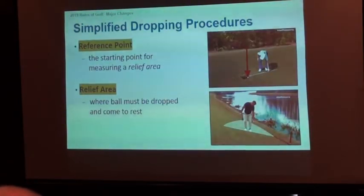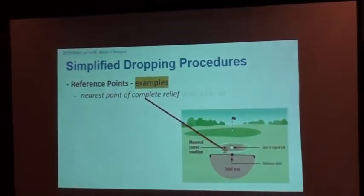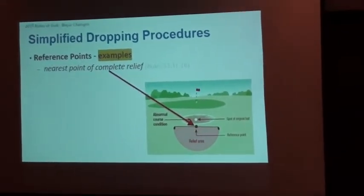Whenever we drop a ball, there's kind of 2 big things we have to figure out. One is what's our reference point, and then 2 is what's our relief area. The reference point's the starting point for measuring our relief area, because if we get 1 club length or 2, we've got to know what to measure from. And depending on what situation we're working under in the rules, the reference point's going to be a little bit different. So I'll talk about different reference points and examples of some. So, for instance, a reference point might be your nearest point of complete